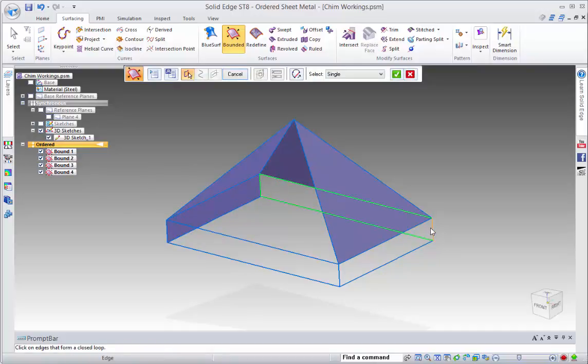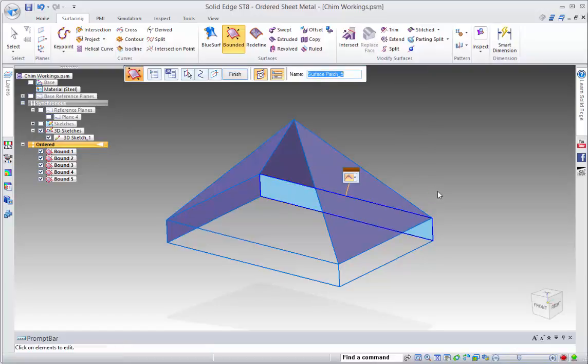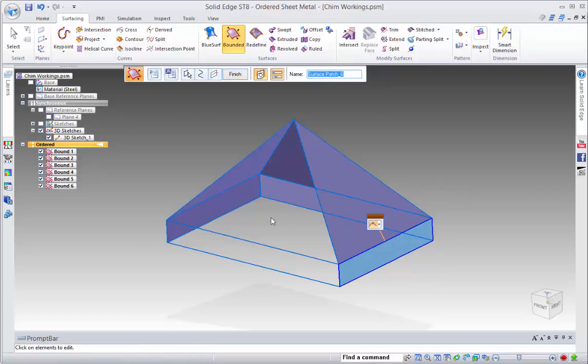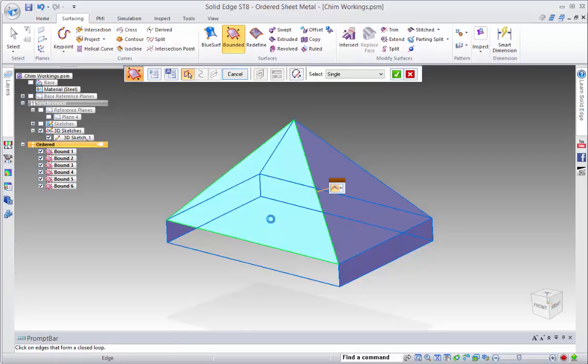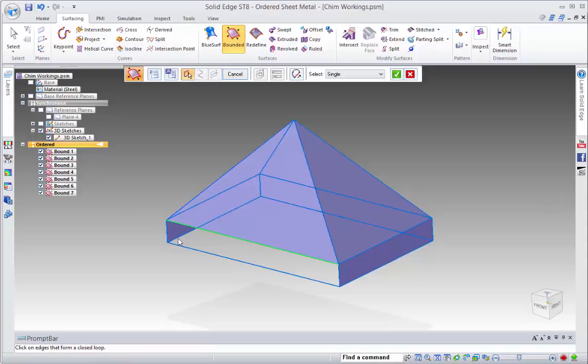Anytime you see the tick sign up in the command finder, you can just use a right mouse click to accept the input. Now the way that we're going to do this is we're going to use a thin part to sheet metal or part to sheet metal. So what I just want to do is go through and create a solid from this,